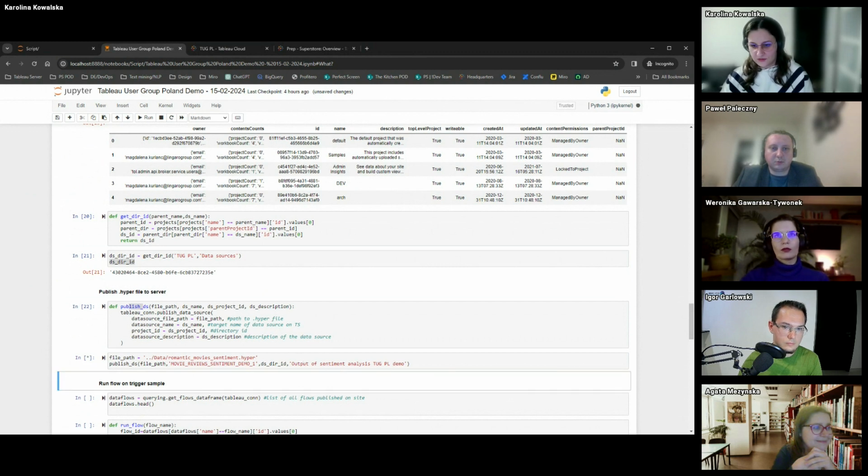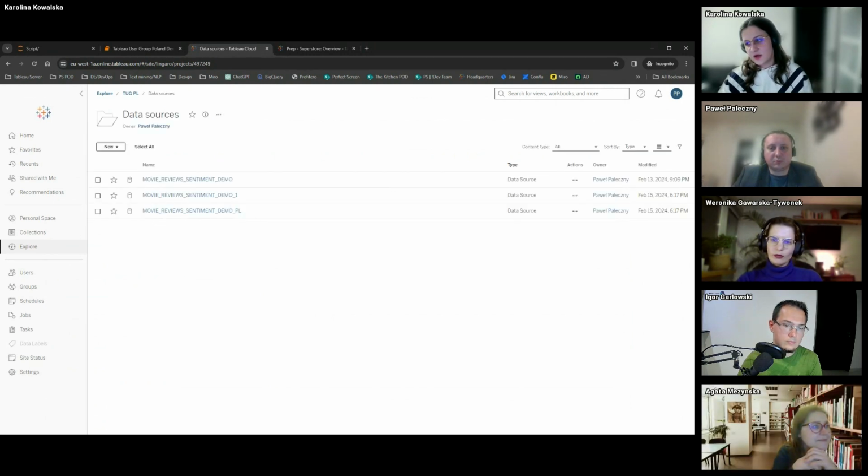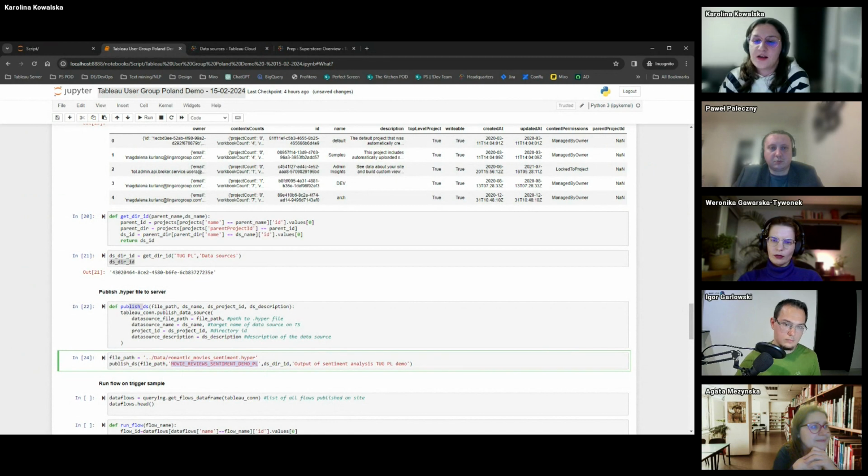And if we do this, okay, let's publish the new one. We know that this should be displayed like this. So if we go to the Tableau server, data sources, yes, we have 6, 7 p.m. Okay, this is the data source that we wanted to have. So now we have the data source and can create the dashboard. So that's the main part of my presentation, but also I want to bring to your attention another cool